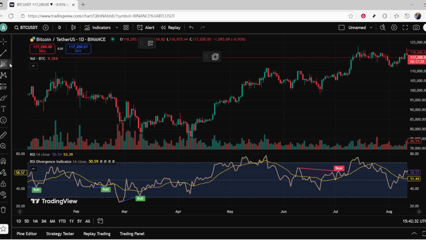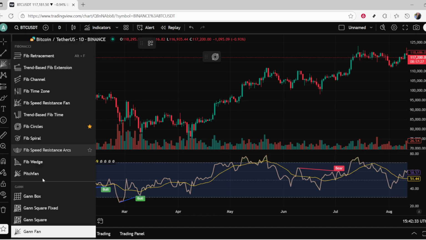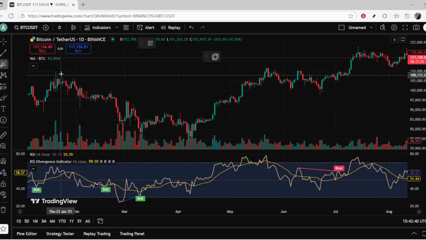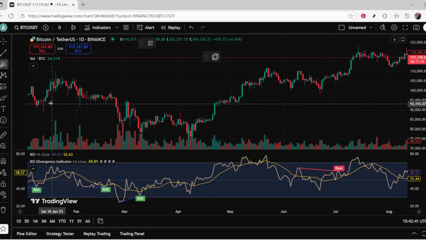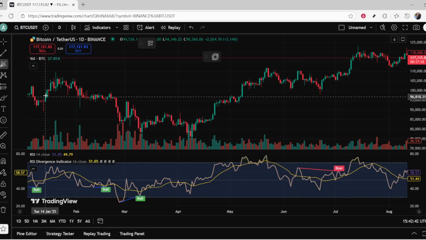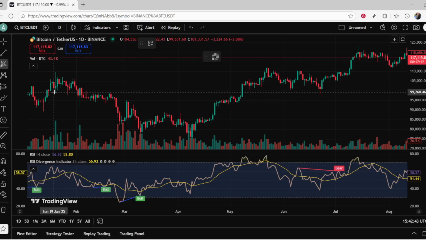Next, we need to select the Gann tool on your charting software. You'll typically find this option on the left toolbar of your platform. What you're looking for is the Gann and Fibonacci tools section, which you can identify by the diagonal line icon. Once you've clicked on that, you'll find the Gann listed among the available options. Go ahead and select it. This step is crucial as it allows us to add the tool to our chart and start using it to